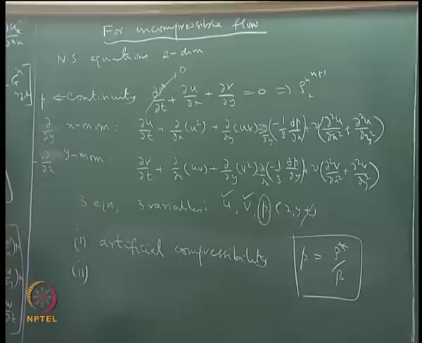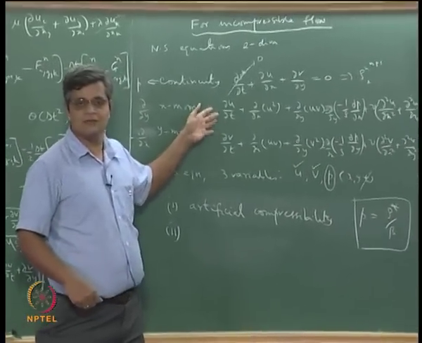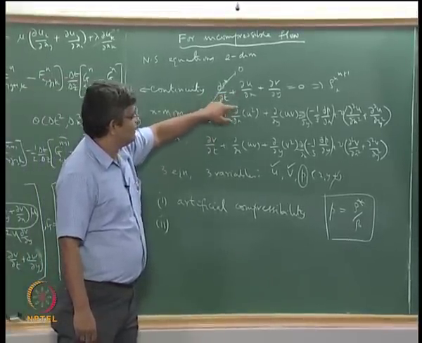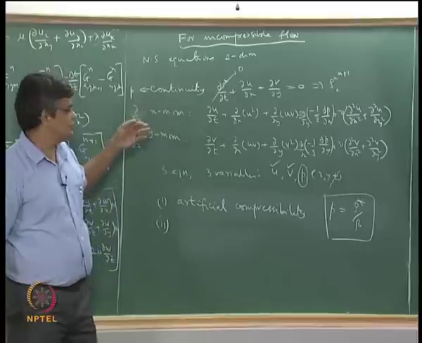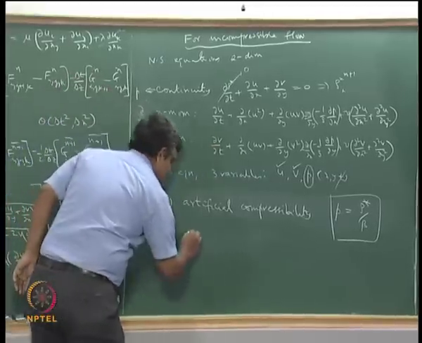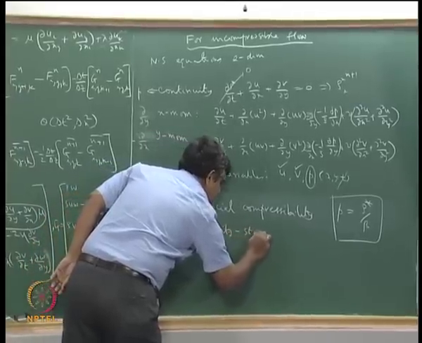We will show that we can define a new variable called vorticity, and using that we can get a vorticity transport equation which looks very similar to the generic scalar transport equation for which we have come up with discretization methods. Okay, so we solve that vorticity transport equation for the vorticity, which is a combination of the velocity gradients, and we can also introduce the concept of stream function, and using the stream function we can eliminate this, and we can come up with a new set of variables, vorticity and stream function,